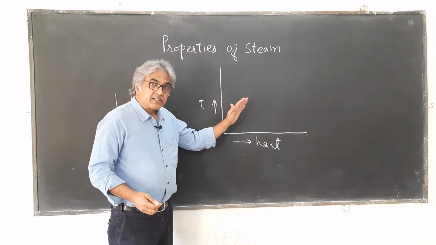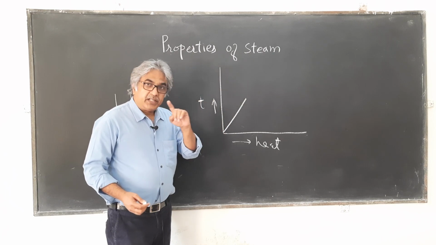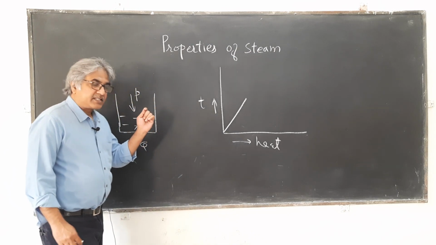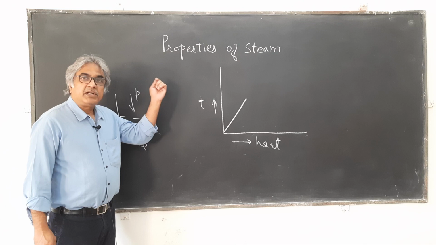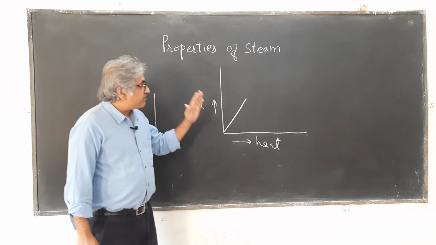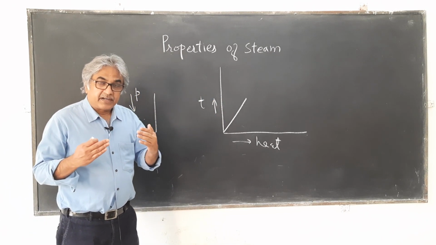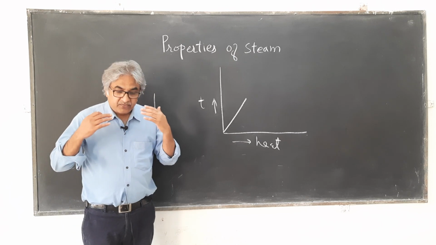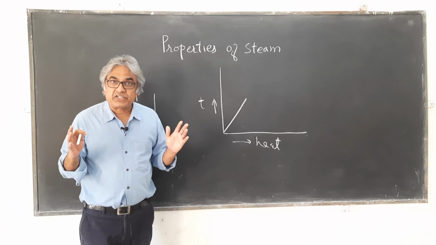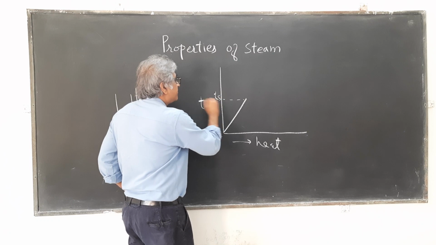When the water reaches its saturation temperature, that is the boiling temperature, and that boiling temperature, as I told you, is linked with the pressure. For a different pressure there will be a different saturation temperature or boiling temperature, one and the same. So the temperature rise will continue till the water starts boiling, and thereafter, when the water is getting converted into steam, the temperature will not change, it will be constant. Let's say this is saturation temperature Ts.